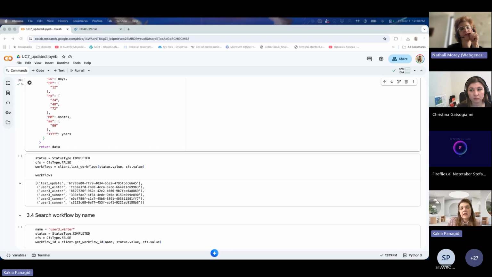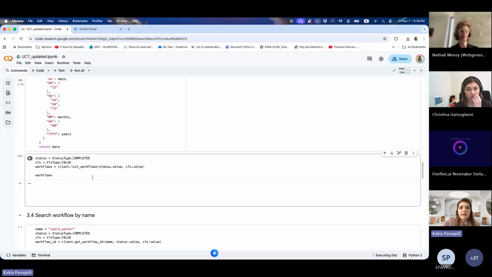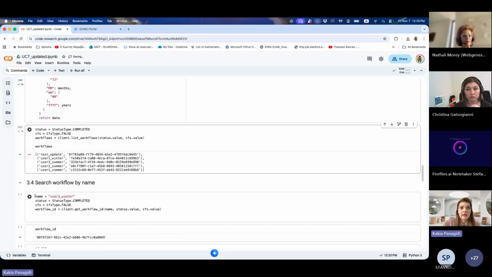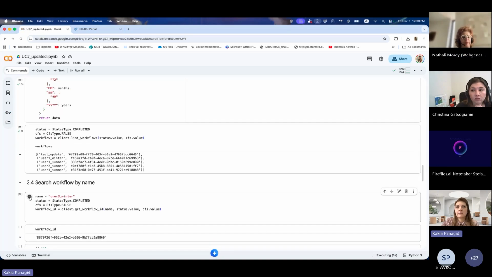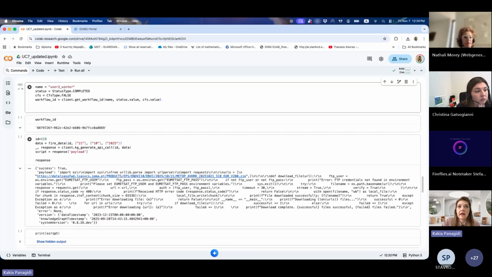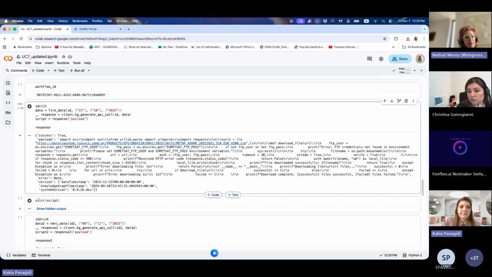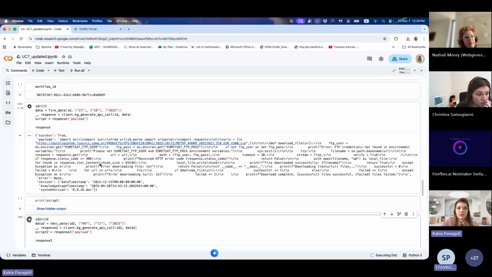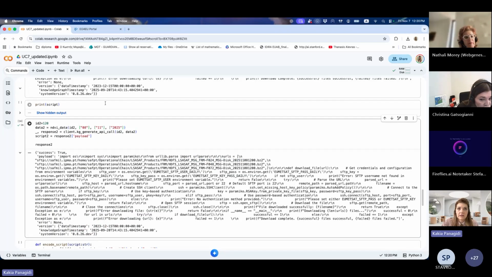The first thing is that I have to check about these use cases that are completed, in order to get a specific workflow ID for a specific name. I don't know which are the completed use cases or the use cases that are still running. Here I'm creating the ID in order to create the specific request through